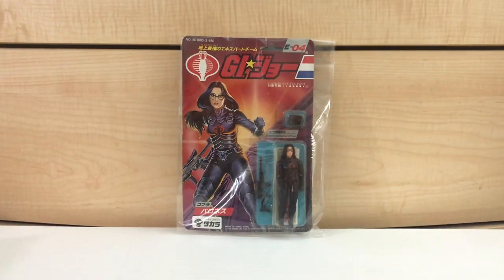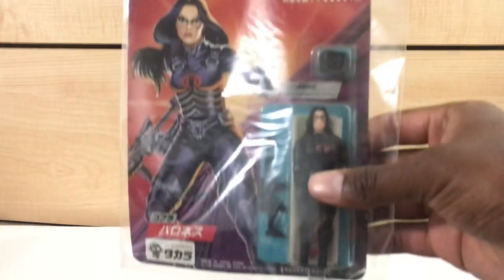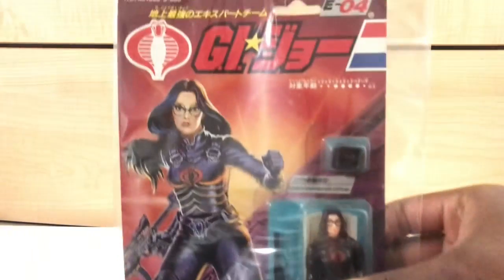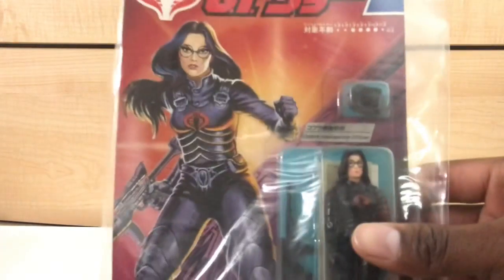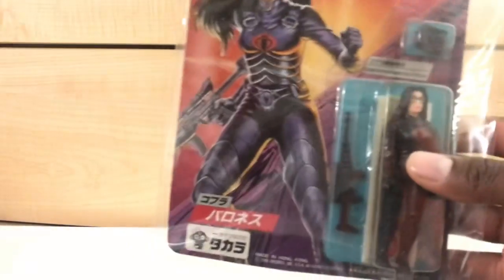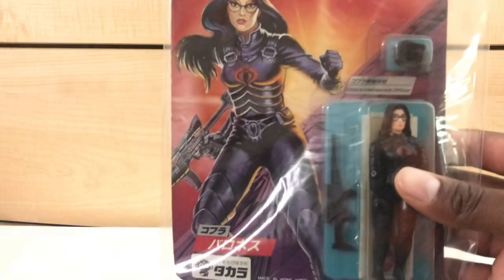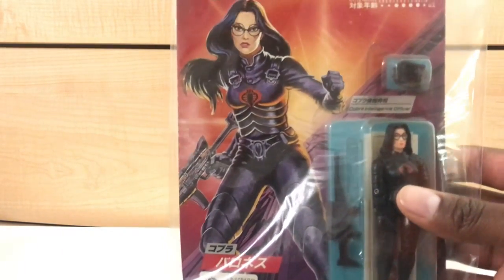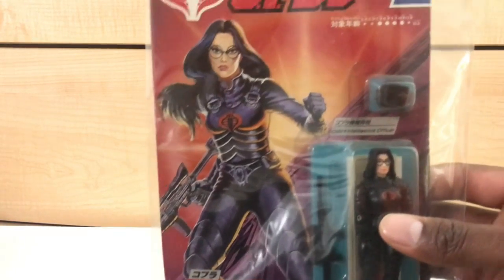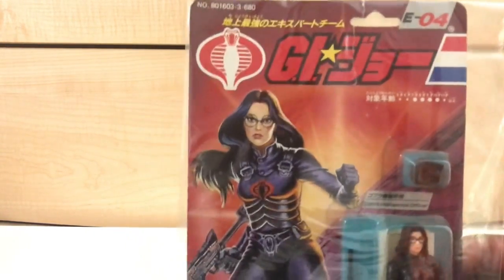Got myself another G.I. Joe Takara figure. Got myself a sealed Baroness. Now, I picked this up off of eBay about a month ago, okay? And these sellers, and I guess I wasn't paying attention, these sellers were straight from Japan. And it took like 2-3 weeks or something like that for me to get this. And I had to stop at the post office to pick the damn thing up, which was its own pain